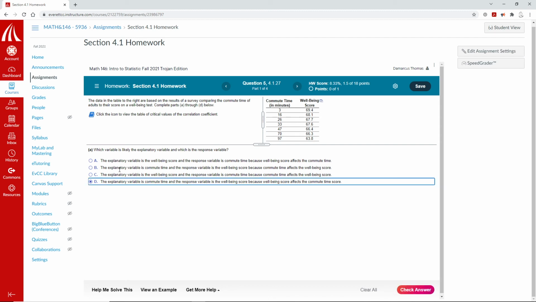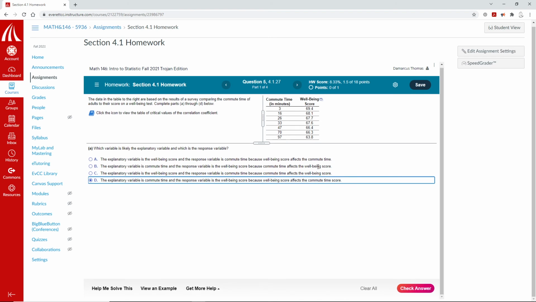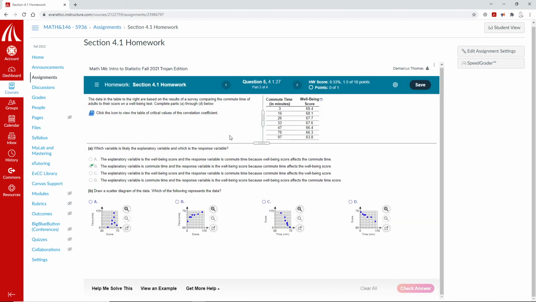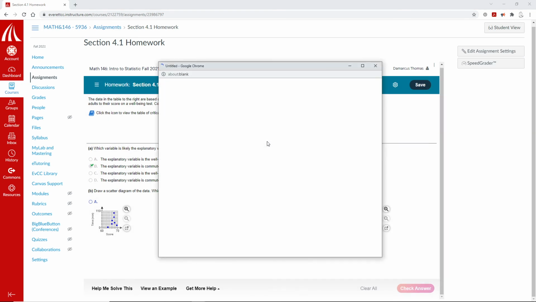But let me just double check the other one. The explanatory variable is commute time and the response variable is well-being score because commute time affects the well-being score. Yeah, the commute time affects it because the response variable depends on the commute time. So we'll choose that as the better choice, and we are correct. All right, now if we were to graph the data, we'd have to match it up here. If we open the data in StatCrunch